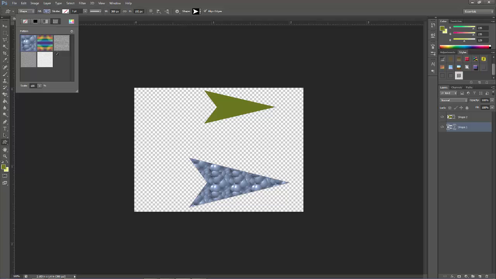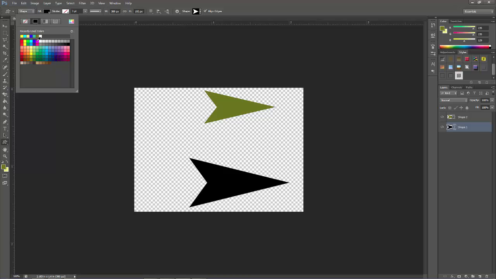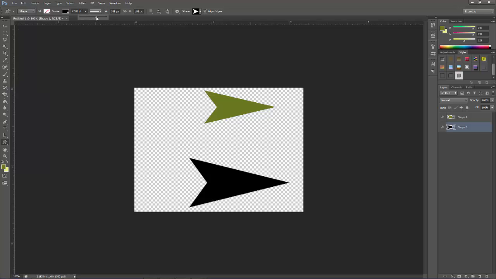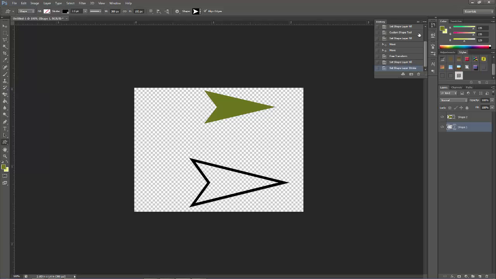I can see I want bigger thumbnails there. I can go back to my solid color over here if I wanted, and just pick a solid color. And that just made it an outline. Play around with this a little more. As you can see here, I can just play around with the outline without any color on the inside, because of the type of fill that I selected here. So let's go ahead and reset this back